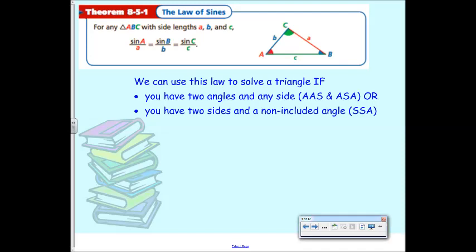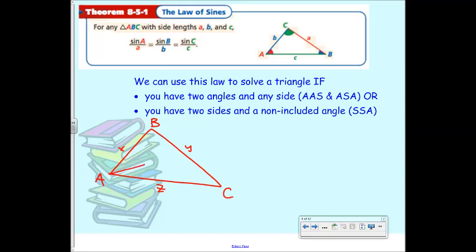Remember that the big letter goes with the angles and the little letter goes with the opposite side. So that means, for example, if this were A, B, C, and this were X, Y, Z, A goes with which side? Y. B goes with Z, and C goes with X. Those are the opposite ones. So if you draw from here to the opposite side, you're going across the triangle. Okay, so now we're going to use that